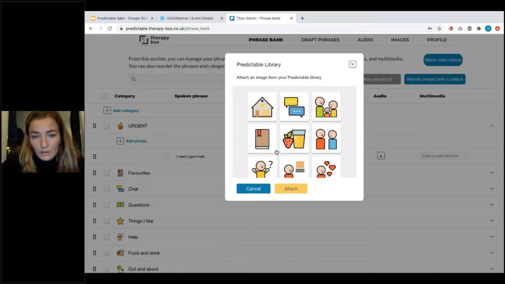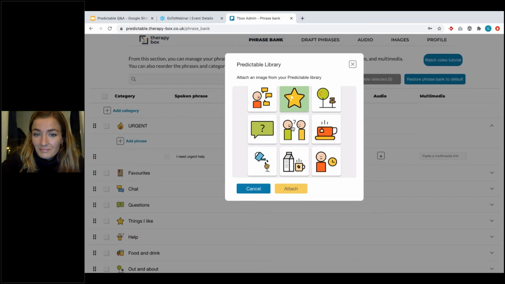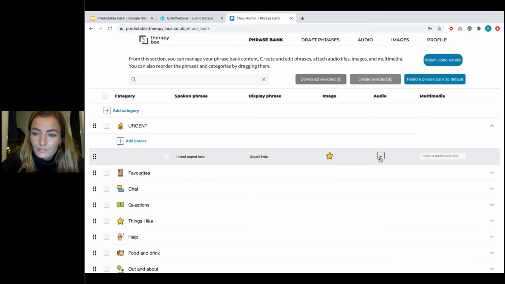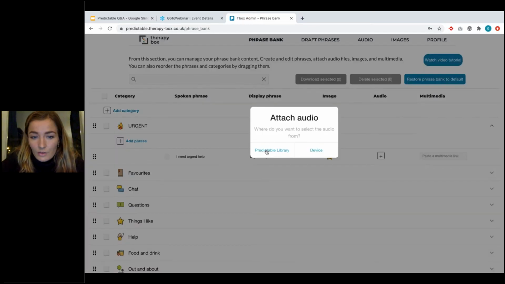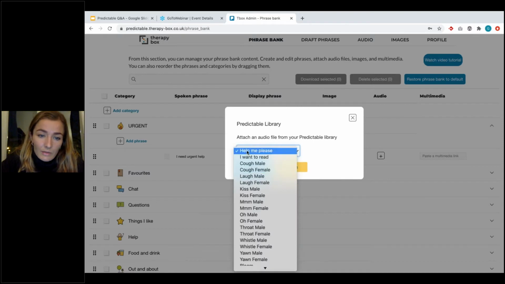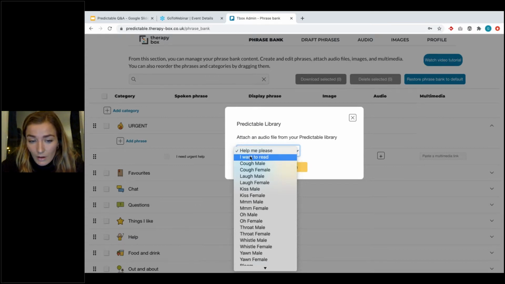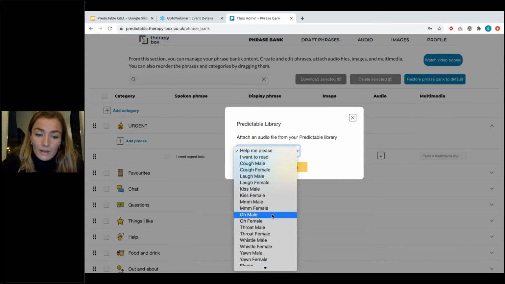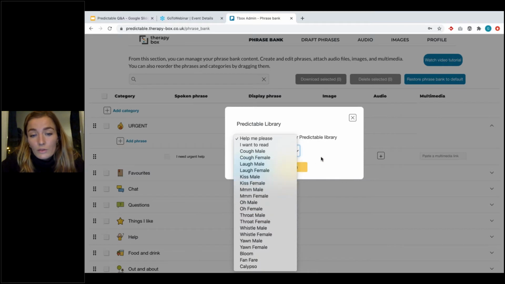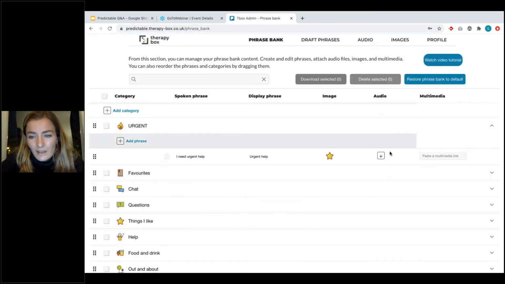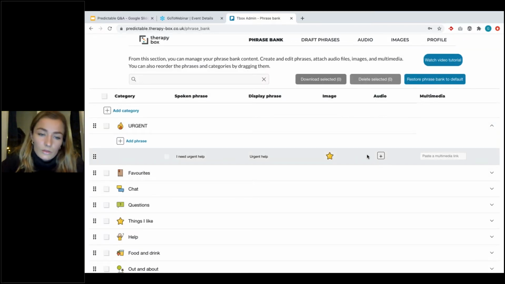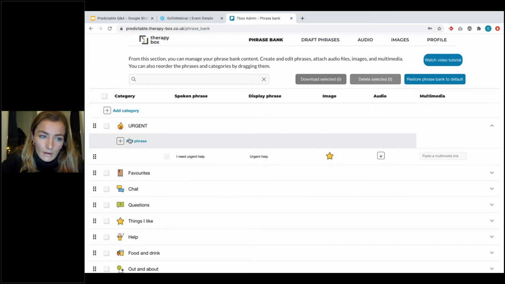And then I'm going again to select any icon and any audio. So either the ones that I have, you can see that help me please, the one that we recorded together from the app, is right here. Same as I want to read something, sorry. And then I have all the default ones. But actually for this one, I don't need any sound because I want the device to speak for me.